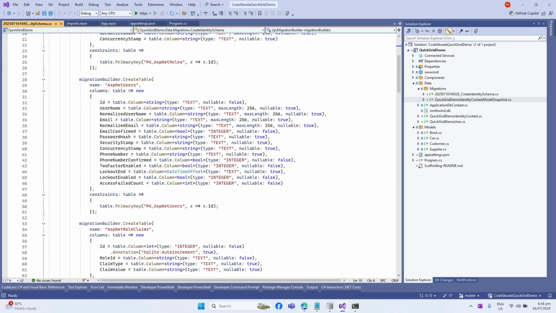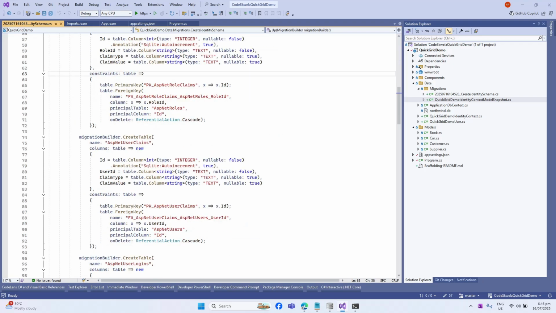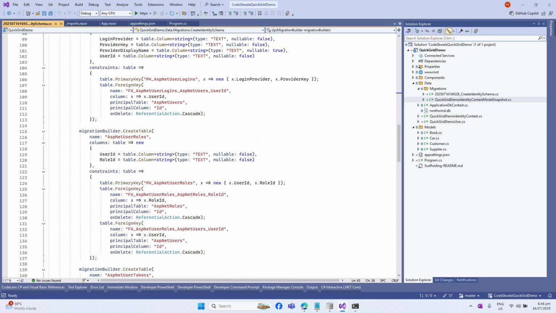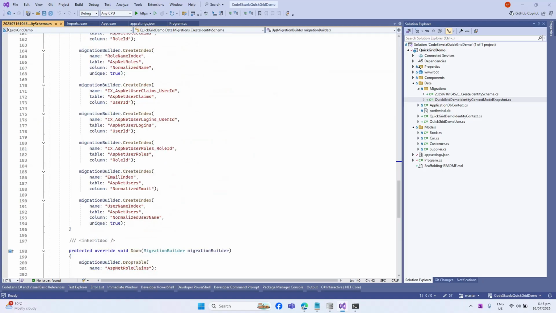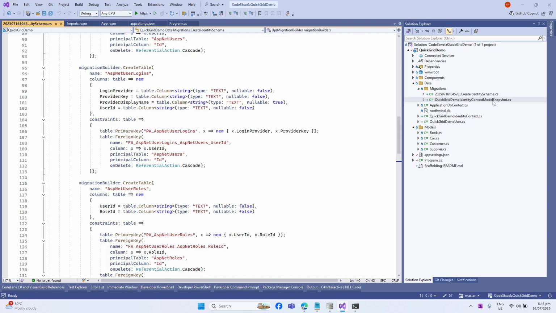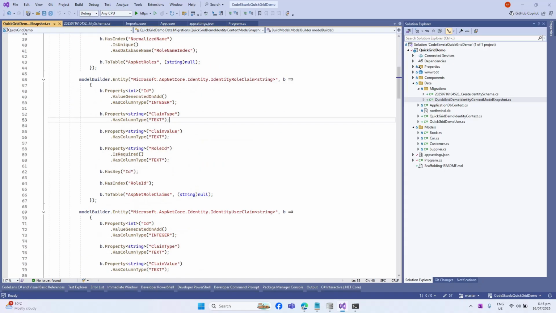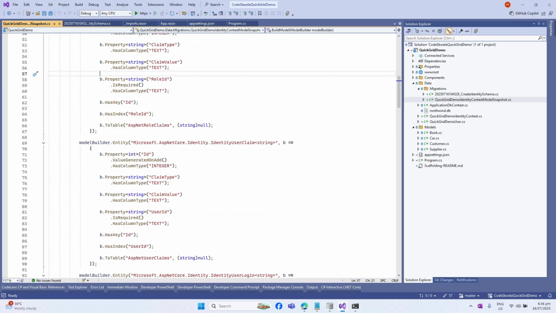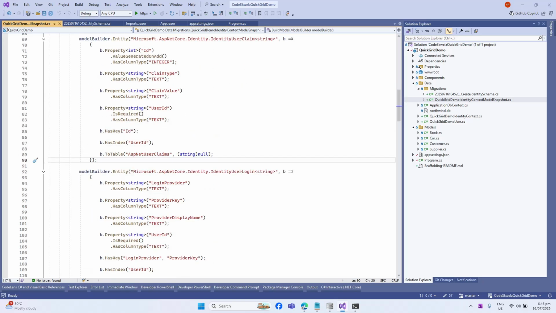So the first one that came up here is the actual migration file. This one stores all the necessary create table statements, the creation of tables and whatever is necessary to generate the identity tables based off of the identity models. Okay, so we have several here. And the other one is this file that has the model snapshot. This one is also auto generated, and it indicates the mappings between the tables and the model of identity. Okay, so if you have some time, then you can inspect and check how these files are